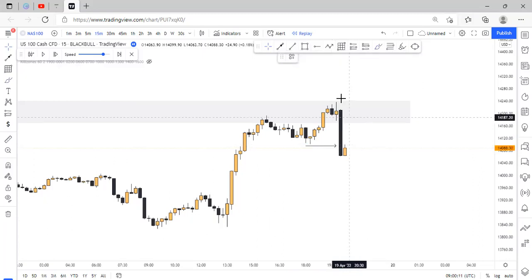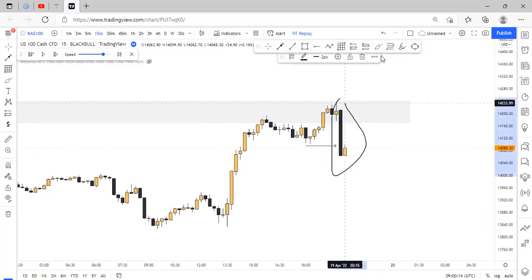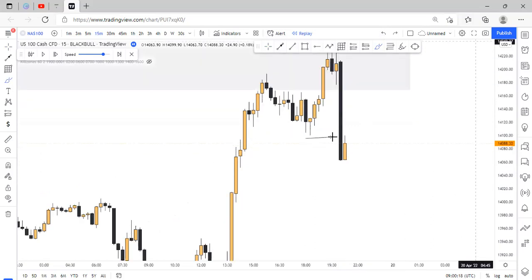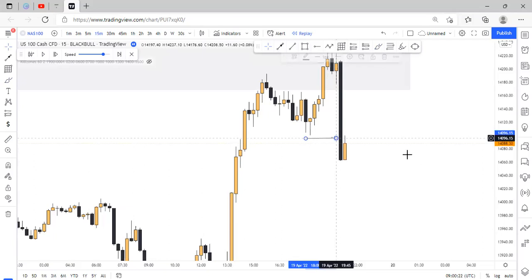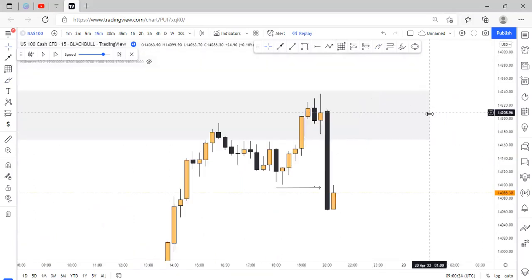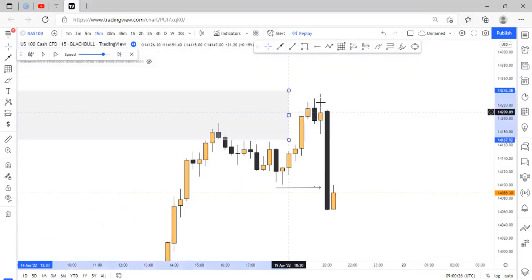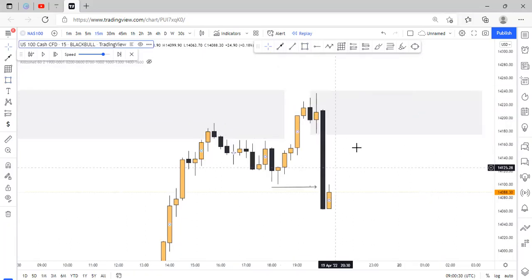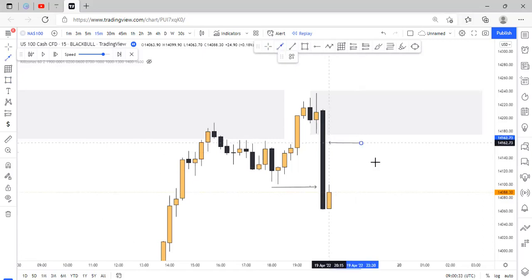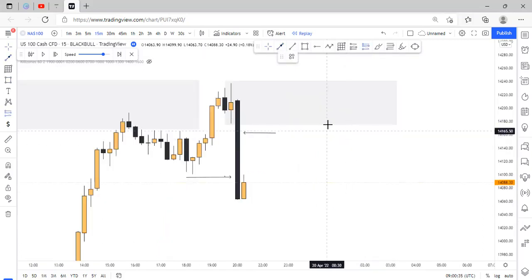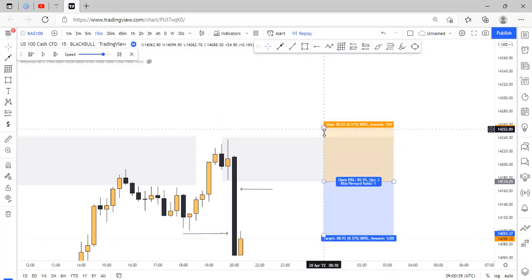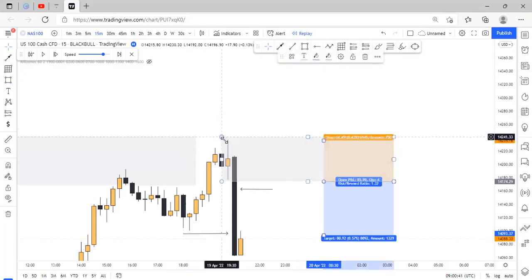Then we have this impulsive candle. So we have this break of structure. At this point, I'll be taking a sell trade from this zone right here. We can see market left behind imbalance right here, and because of the break of structure, we have the mitigation of this zone. I'll be looking for a sell trade here,